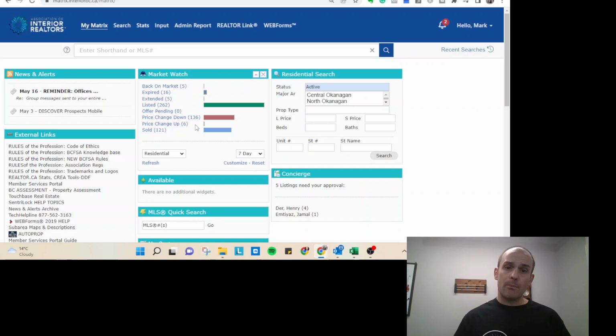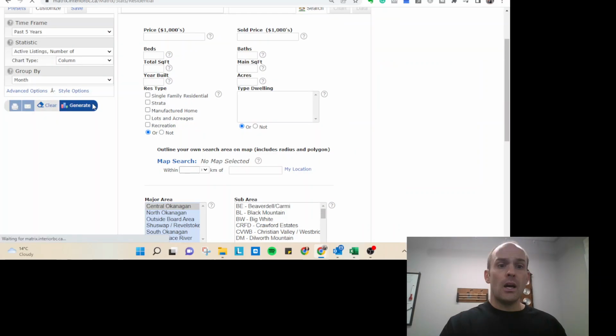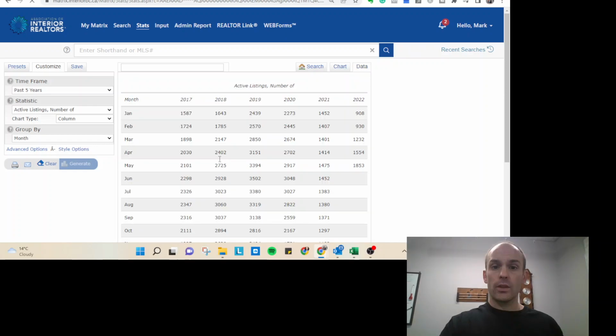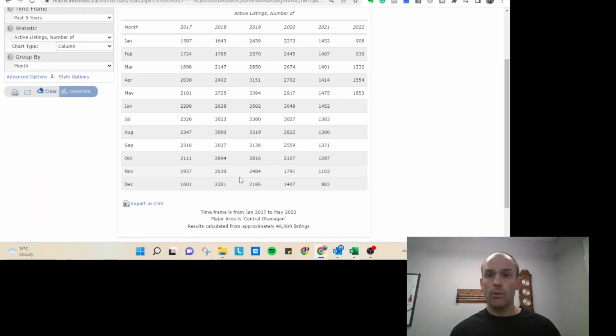So let's look at the total number of active listings, and let's compare it to the past 5 years. So right now we're just in the monthly stats here, and what we're looking for is in the Central Okanagan. So we can divide it out, look at single family homes, stratas, condos. I'm putting all these numbers into the weekly email for the amount of active listings. But why we want to look at this is because we are comparing it to the past. So the amount of active listings, based on the long term 5-year average, we are still at relatively low inventory for the time. And if we look at the actual physical numbers, you can see where the numbers are at. So we're at